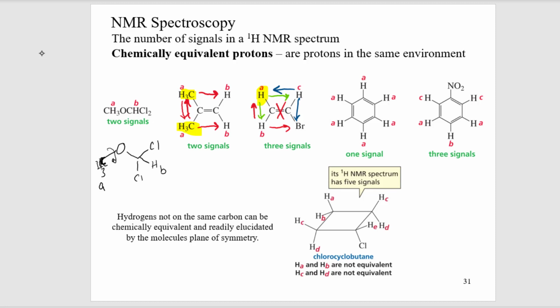There's no averaging view. So when you have rings, we see this similar thing. You can't rotate around a ring. The ring is kind of set. And so hydrogens on the top face of the ring versus the bottom face of the ring, they might see different things. And so you get these complex signals or splitting patterns depending upon the rotation or lack thereof in a given